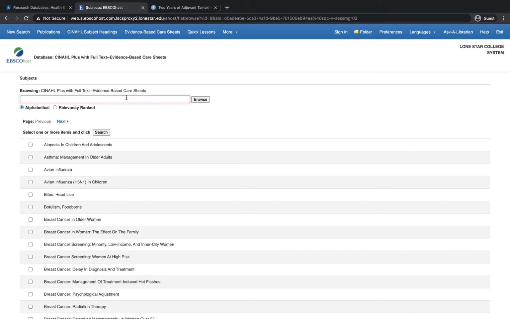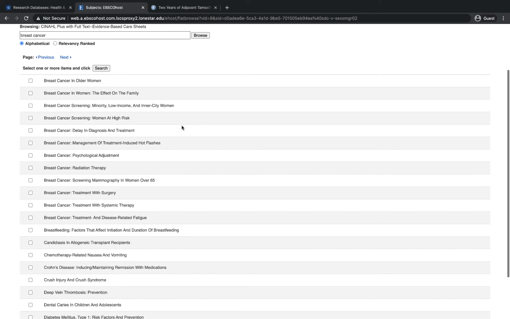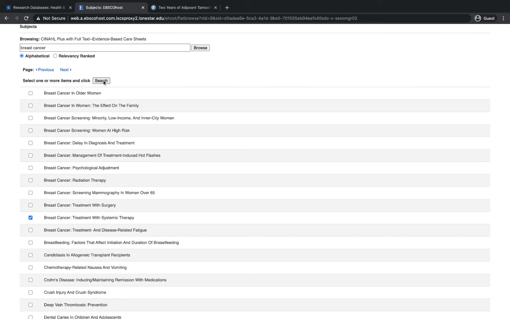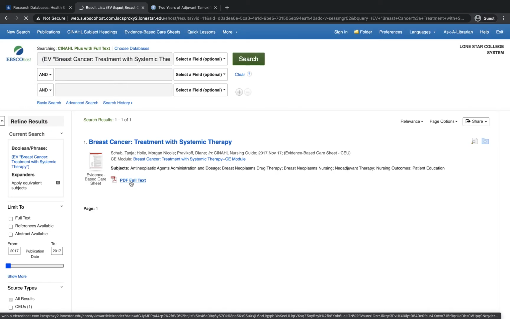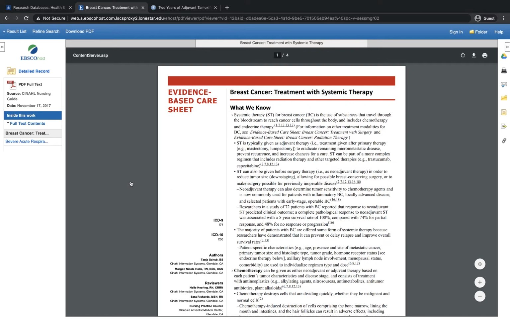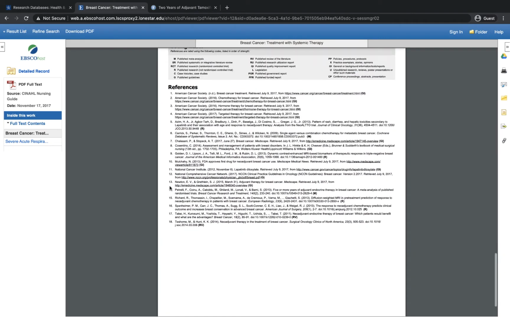For example, I'm going to search for care sheets on breast cancer. From there, I can see that there are several care sheets available. I will review the one on treatment with systemic therapy. I'll check the title and then I'll select search. I'll go ahead and select the PDF to review the evidence-based care sheet on this topic. They're generally fairly short, and there is a list of references at the end that are coded based on the